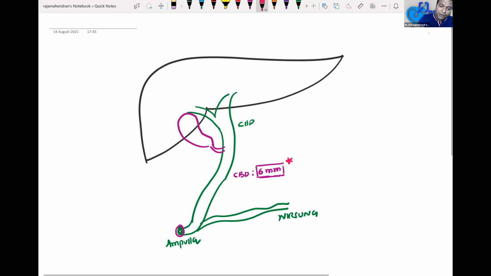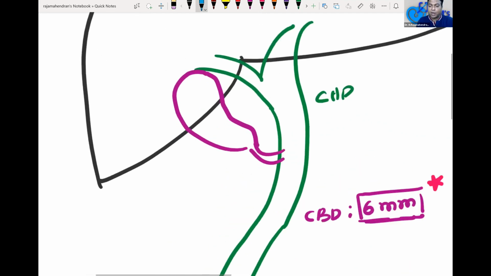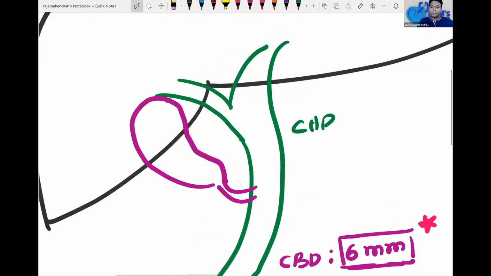So now, for final MBBS level, there is a very important anatomy here at this focus. At this point, there is a very important anatomy you should not forget. All of you know there is a triangle here. There is a confusion in this triangle anatomy. So this is a common hepatic artery coming.